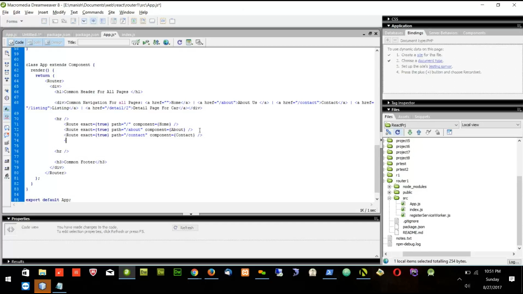Let's create a route for all. Exact equal to true. Path equal to listing, component equal to listing. And this is the last one, exact equal to true. Now here we need to pass a dynamic URL